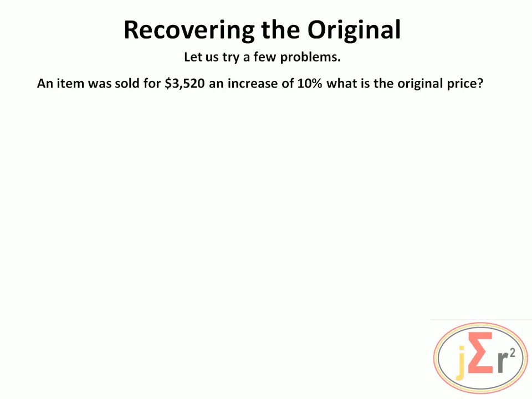So what we have there represented 110% or 1.10. The 0 at the end is not necessary. 1.1. Therefore, we have to divide that by 1.1. So 3,520 divided by 1.1 is equal to